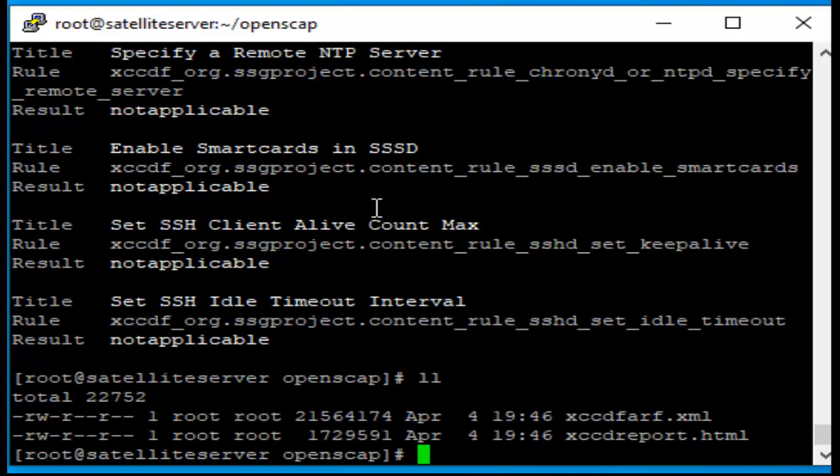See friends, we have given the target in the current location, so that's why it is generating the report here.